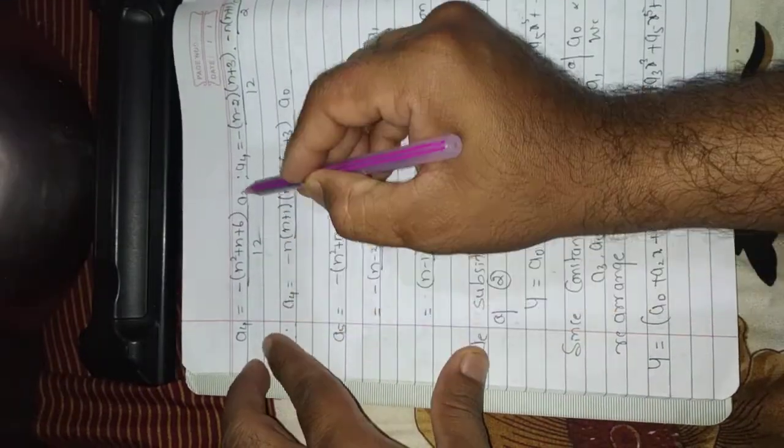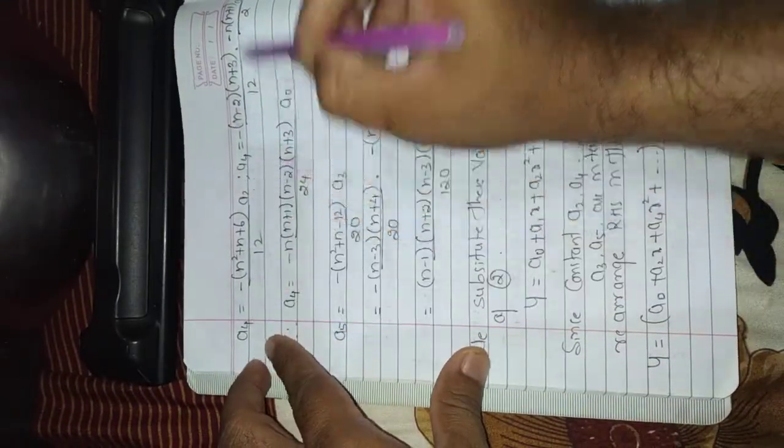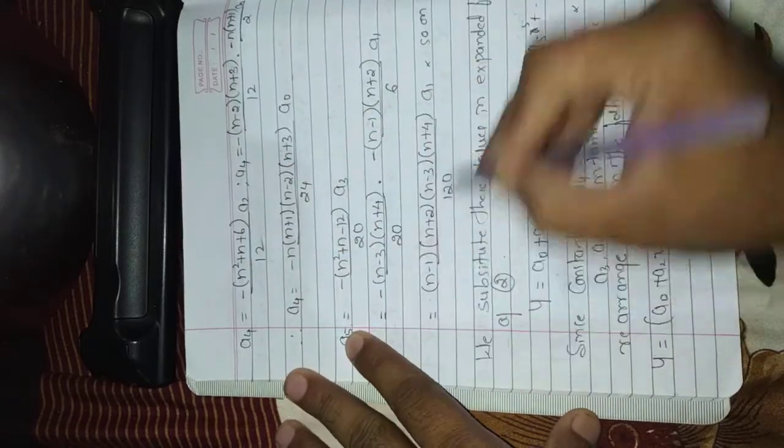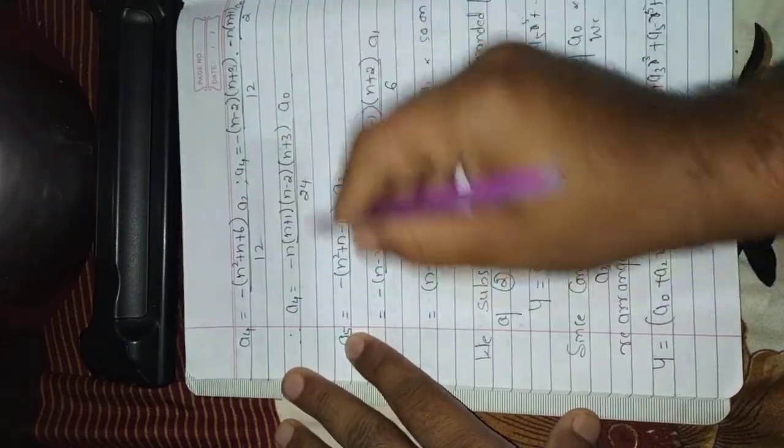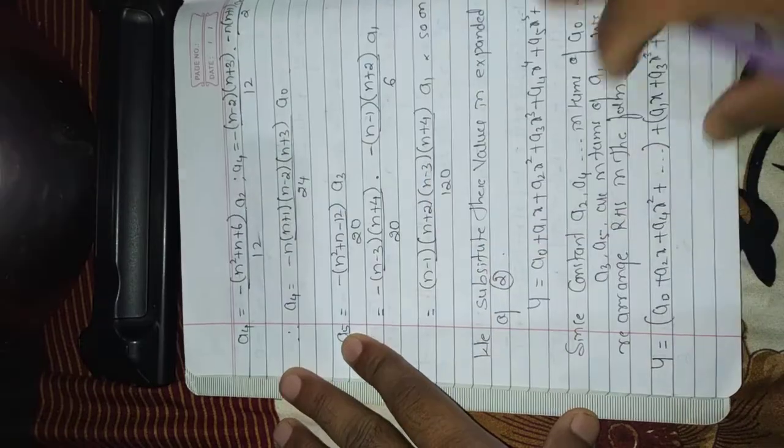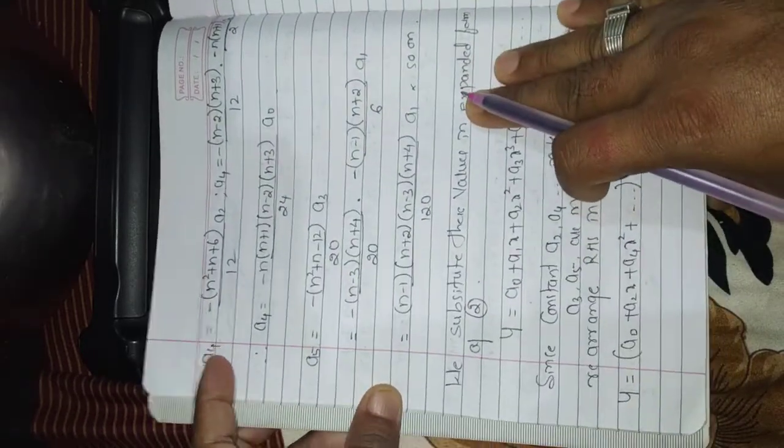That is, a4 is written in terms of a0, and all odd terms are written in terms of a1. Substitute this one, and you will get all these values. Go through this one and you will get the solution here. Now further,